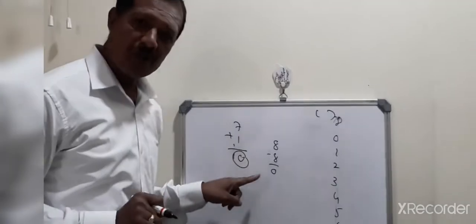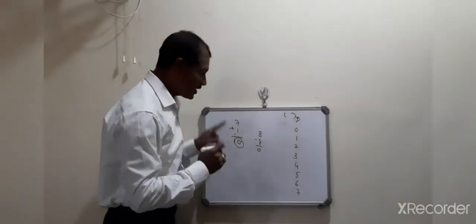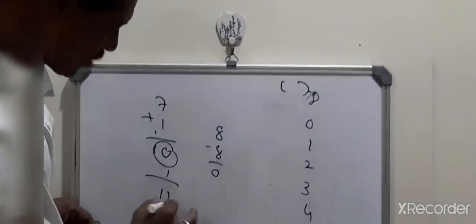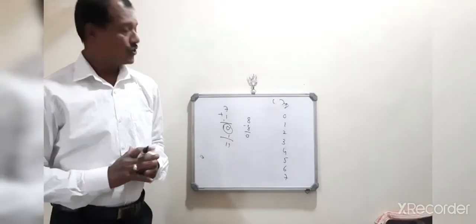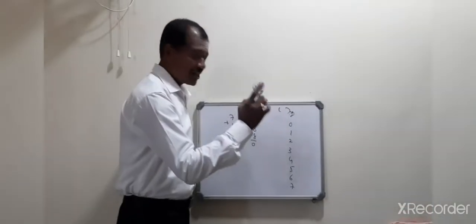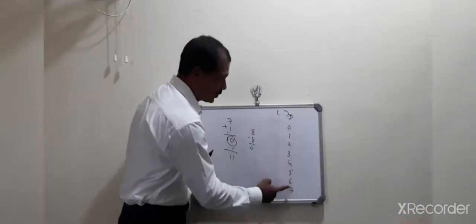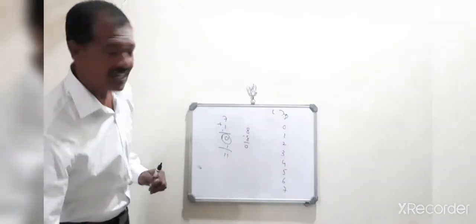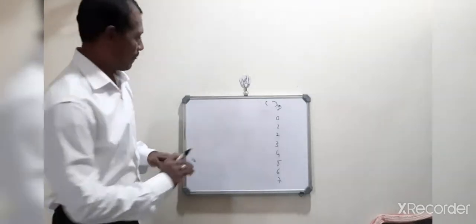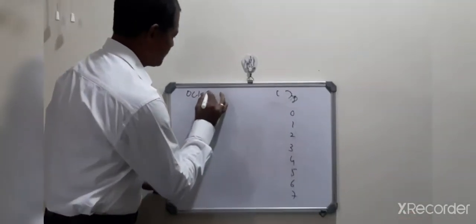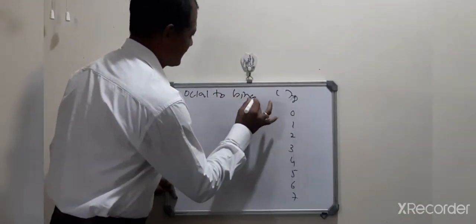In octal, 1, 0 means 8 in decimal. After 1 0 in octal, 1 0 plus 1 is 1 1. Like that you are going to count the octal numbers. So the main numbers in octal are 0 to 7. Today we can understand how to convert an octal number into binary, that is octal to binary.